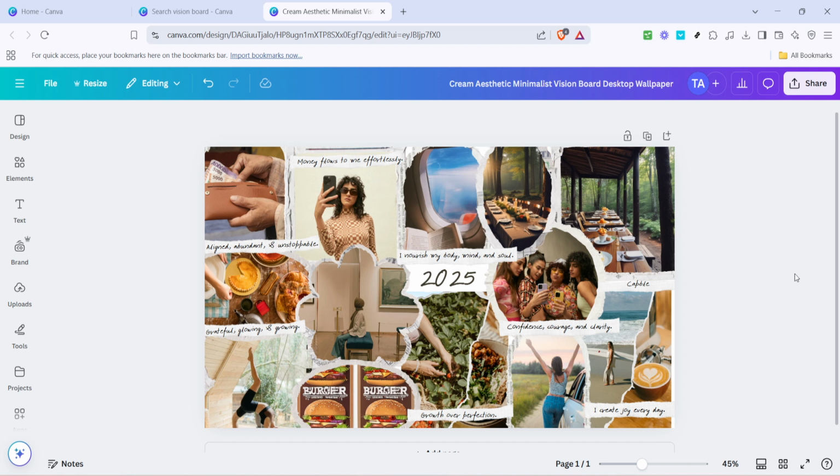This board is now a visual representation of your goals and a motivational tool to guide your journey. Keep it somewhere visible so you can frequently be reminded of what you're working towards. In just a few minutes, you've crafted a personal vision board on Canva that captures your dreams and ambitions. Be proud of this milestone and let this board be a beacon of inspiration as you move closer to achieving